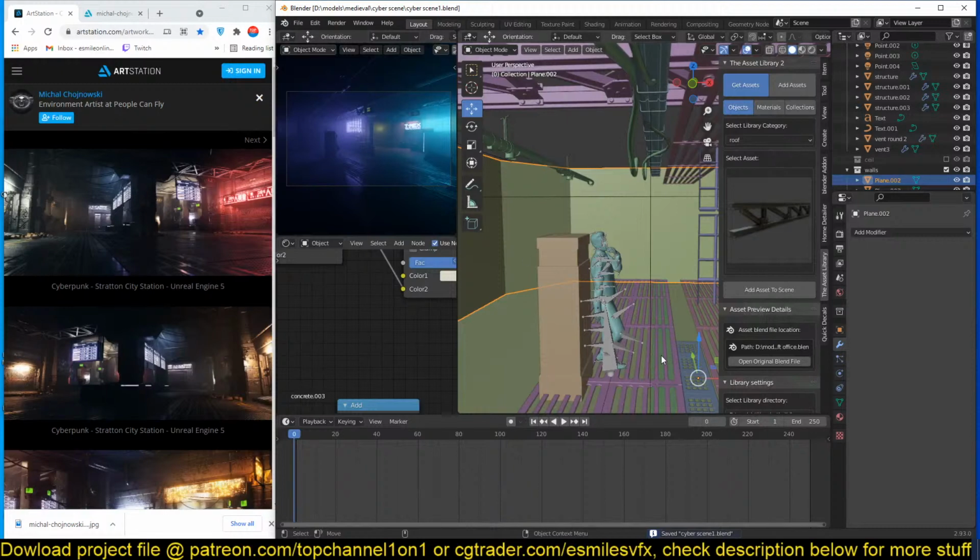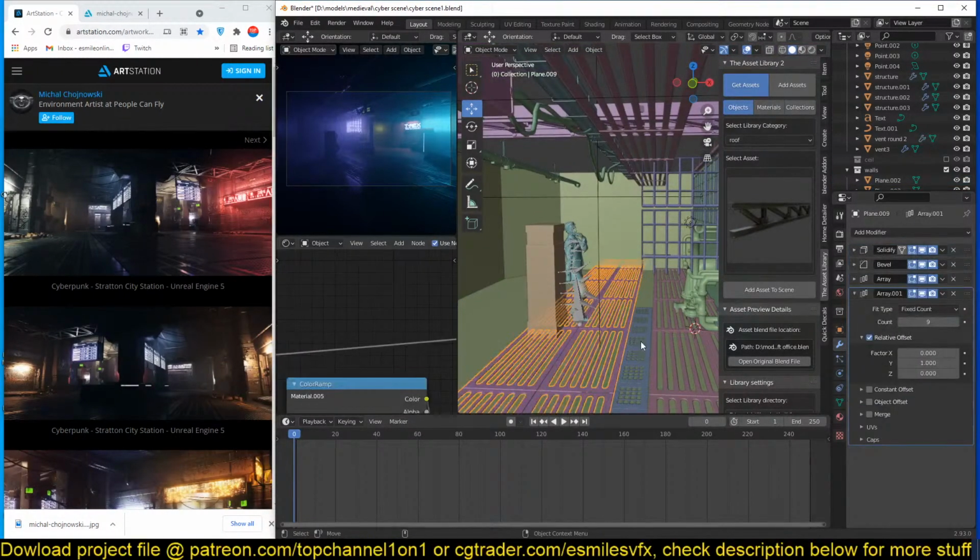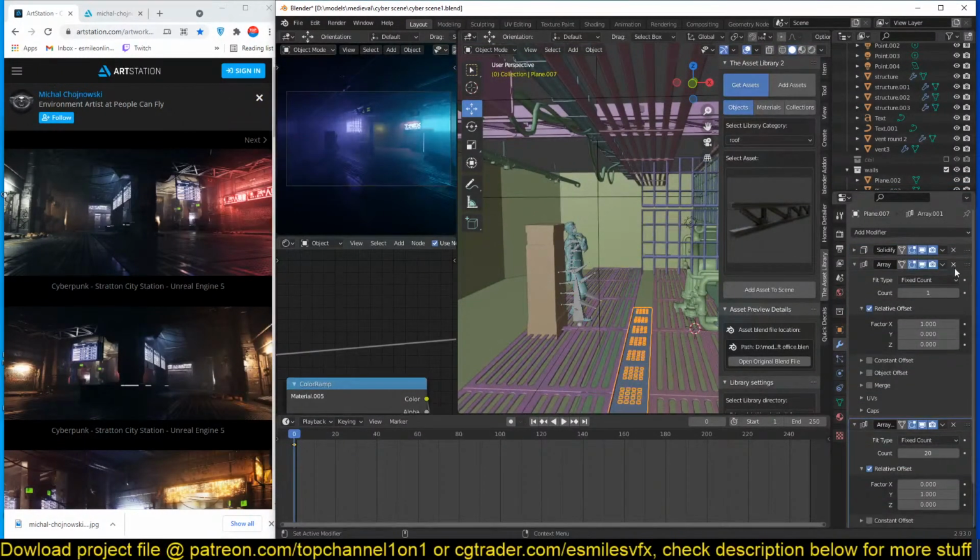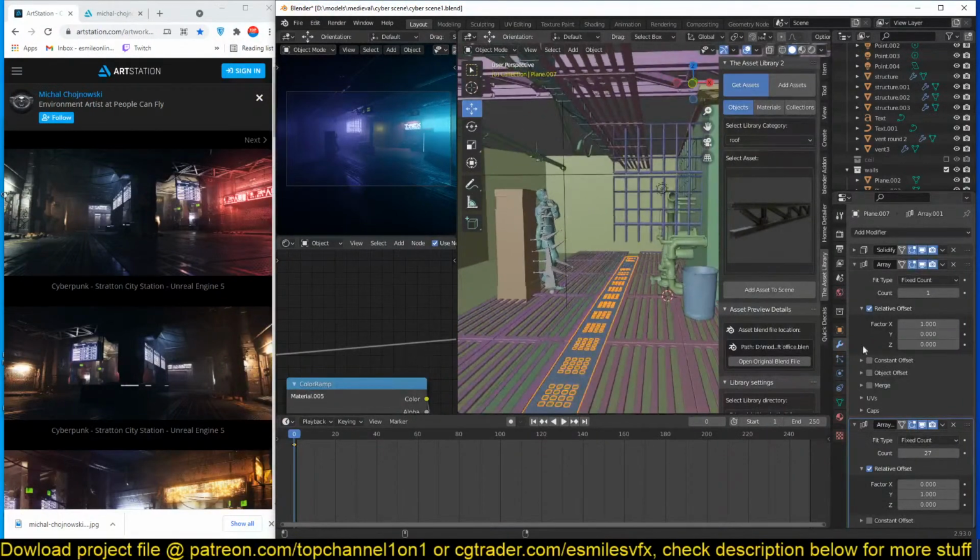And I like these line details, so let me first get rid of this bevel and add in these floor details because I think